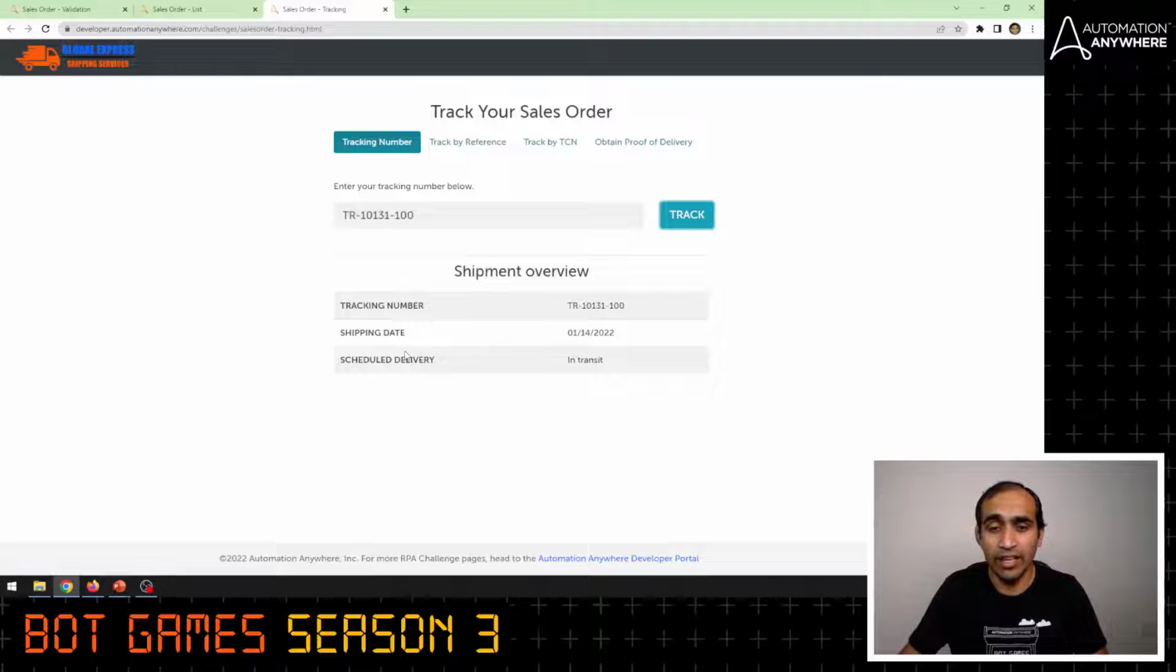And here is the result I'm going to get for this tracking number. Notice when you click on this track button, you will see a processing symbol. That means it will take a few milliseconds to get you the response. You have to ensure you wait for that sufficient amount of time so that you will have the scheduled delivery